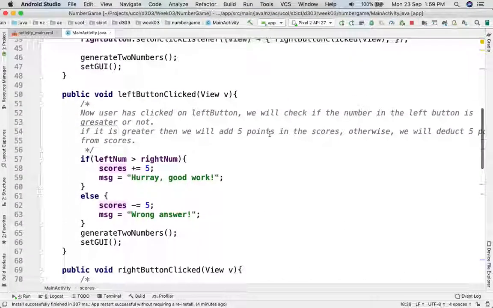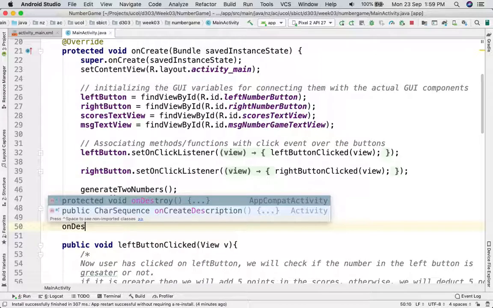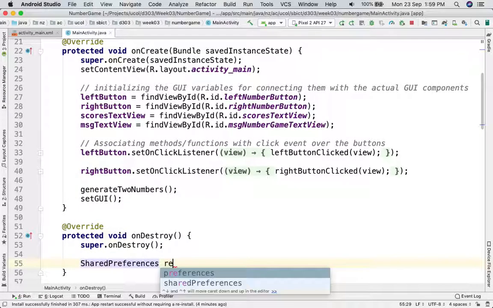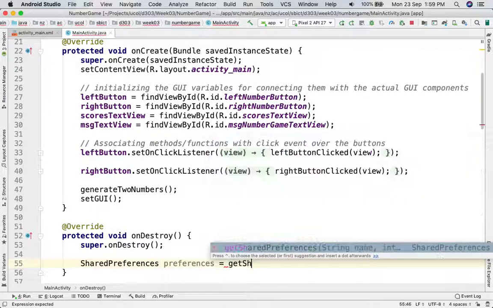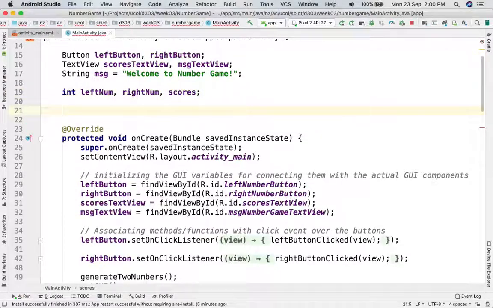So we need to put that specific information inside the onDestroy method. In onDestroy, again we are going to create the shared preferences. How? getSharedPreferences. We need to provide the name, and because we are providing the name, let me create those as final strings. Why do we want to make them final? The reason is that we don't want to accidentally change those values. Once created, these variables are not going to change their value at all. So we can say final String PREF_NAME, and then we can say what is that? Number game